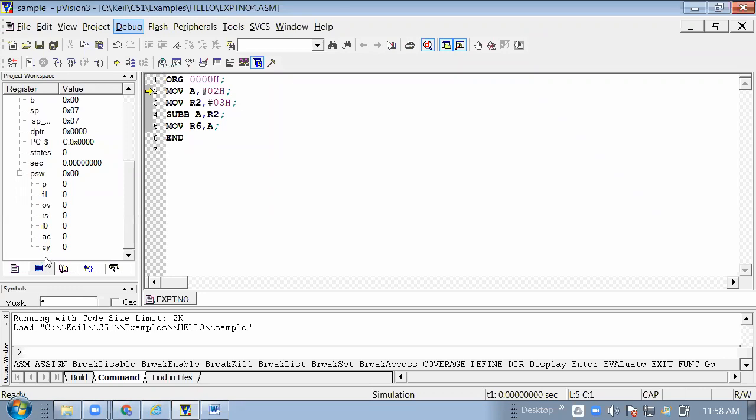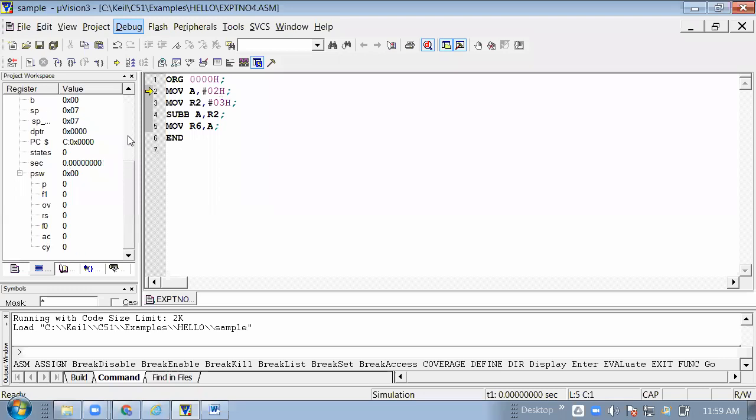Here the carry flag is 0. Here 2 is the small number and 3 is the large number. So you have to subtract the large number from the small number, and because of that the carry flag will be generated. You can say in subtraction a borrow flag will be generated, but it is not a borrow flag. The carry flag acts as a borrow flag in subtraction. So what is the answer? The answer is FF, and after that the carry flag will be 1.